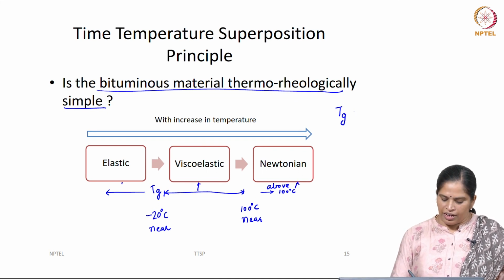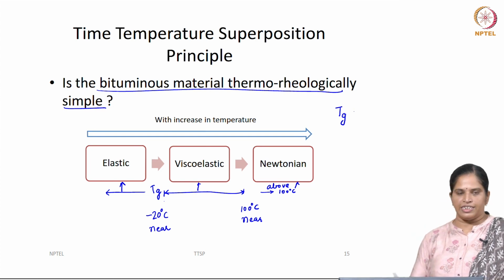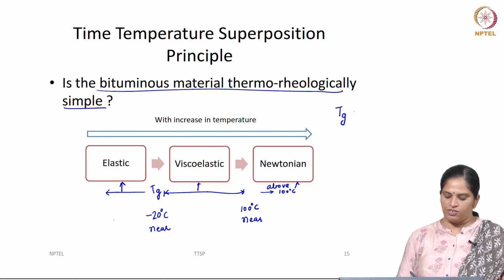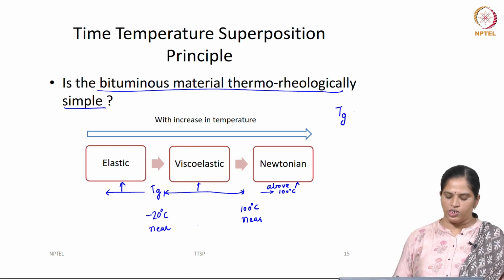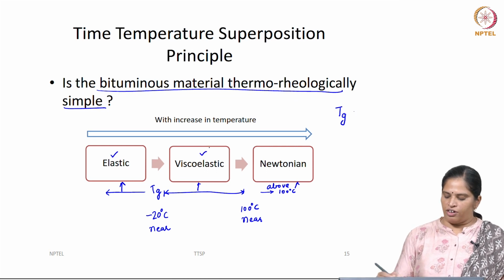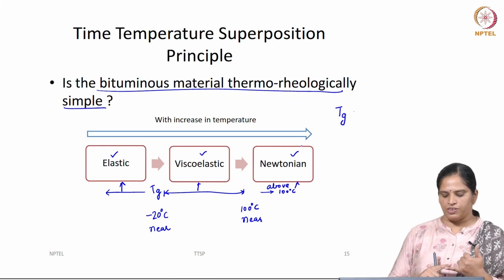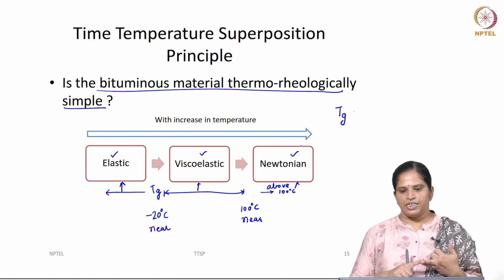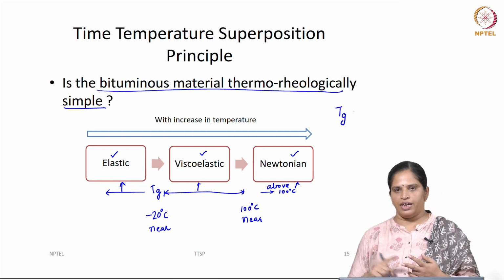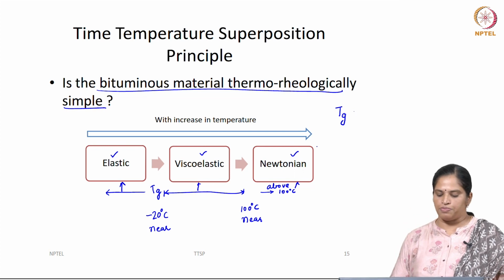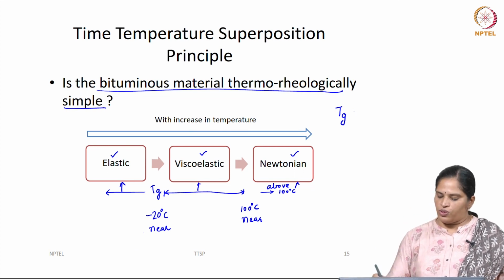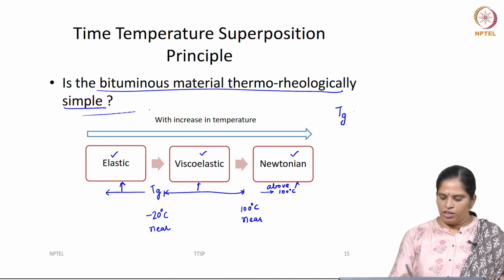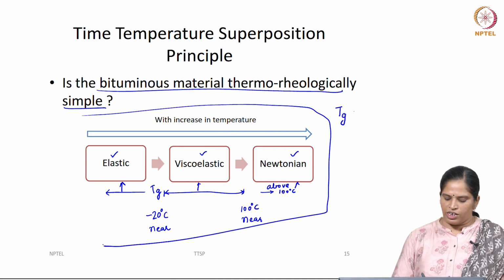So, as we increase the temperature from as low as minus 50 to even up to 160, 170 degrees Celsius, bitumen exhibits three kinds of response. At very low temperature it is elastic, at intermediate temperature it is viscoelastic, and at very high temperature it is Newtonian behavior. So, if you have three different responses of a bitumen and consider it as a whole, the bitumen is not thermorheologically simple,